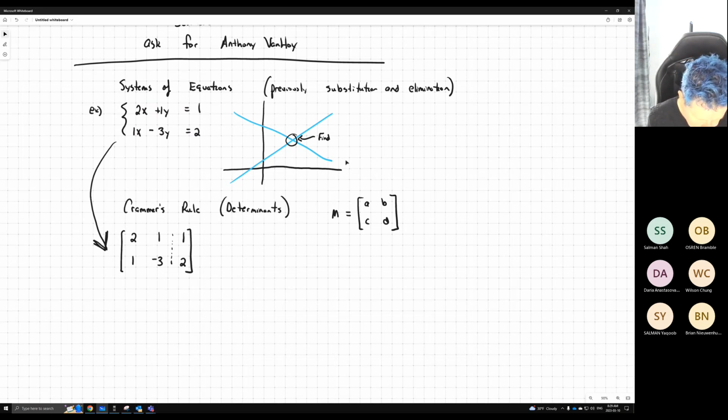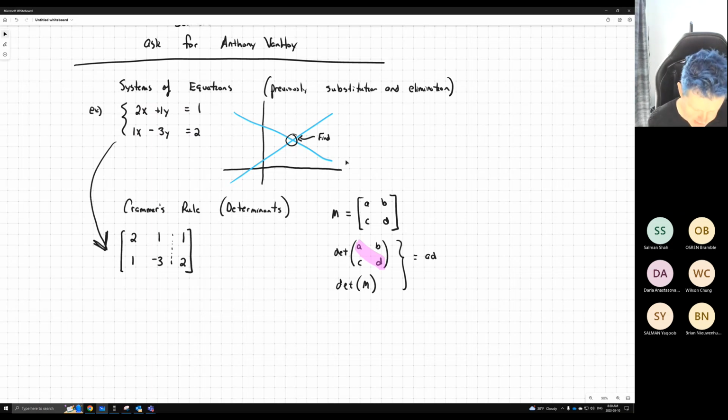We usually use the notation det of the matrix M, or sometimes people will write dt of M, where M is the matrix, whichever makes you happier. And so the determinant is calculated by simply multiplying down the diagonal, A times D,